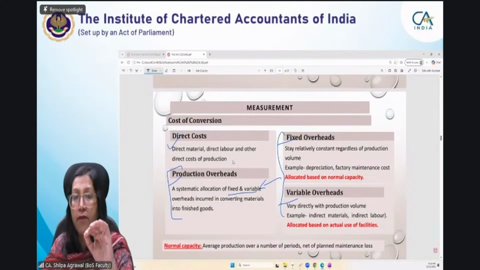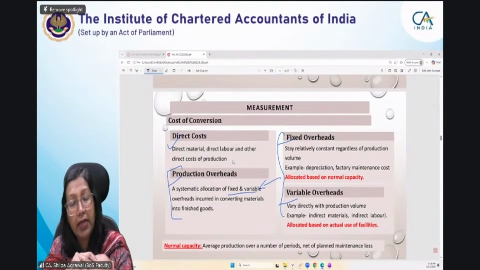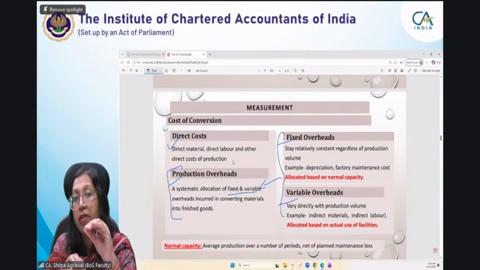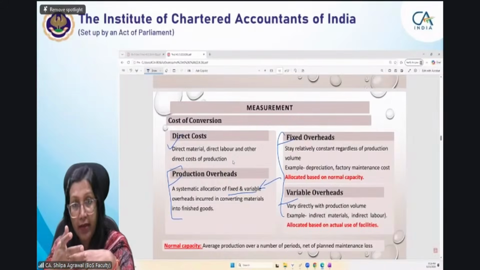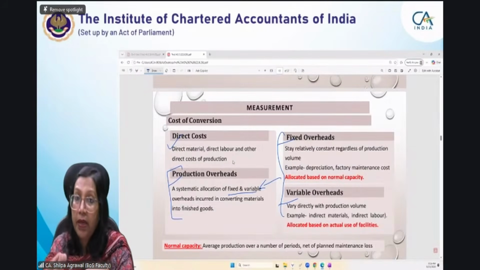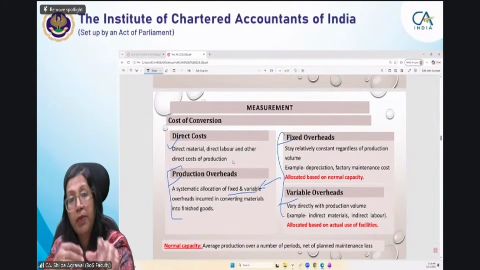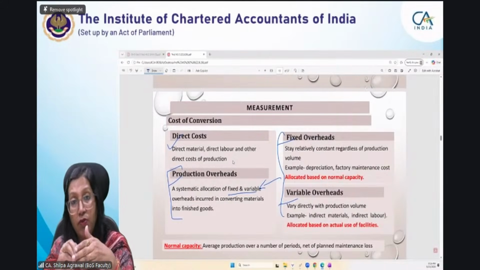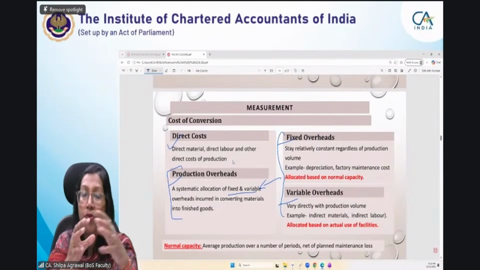This is the term which you have very well studied in your cost accounting paper at intermediate level. Fixed overheads are not directly related to your output. They will be incurred whether you are manufacturing or not manufacturing, like rent, like salary. Even if some production is not taking place for whatever reason, you have to pay the salary to the staff, you have to pay the rent for holding the raw material, holding the finished goods. That rent, whatever we are paying, is your fixed overhead. It is irrespective of how much you are producing.